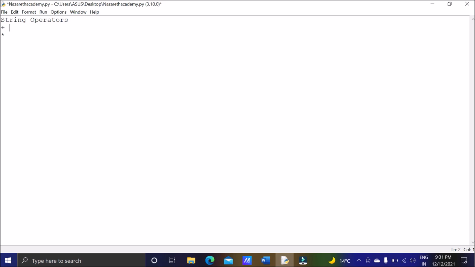Addition actually means joining the two strings together, and asterisk or multiplication will mean we will be replicating the same word again and again. So let's see both the operators. So let's take one value.